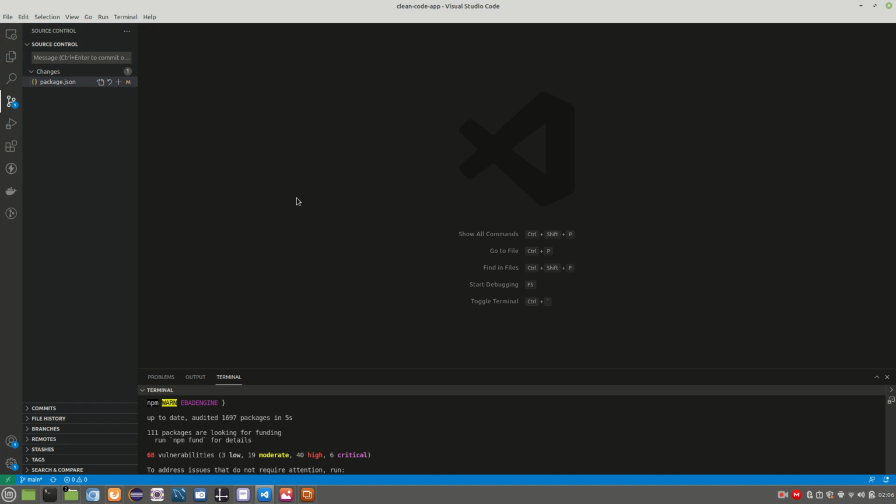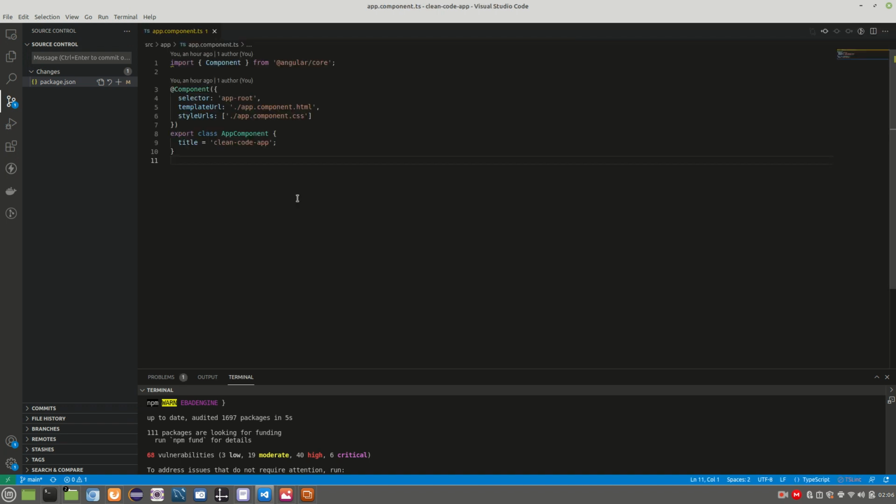Once everything is installed, let's make some changes in the app component TS and see what happens when we check in the code. I'll quickly open app component TS. I'll add a method ngOnInit and I'll add one console log. We'll simply print hello world. One more thing I'll do. I'll add a single line comment also. Just add this is a